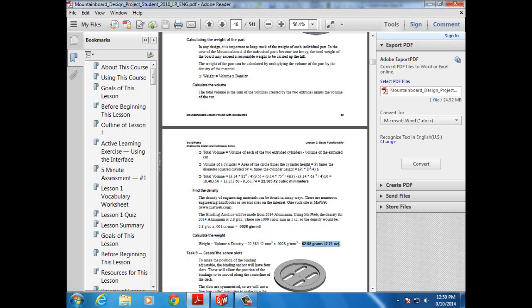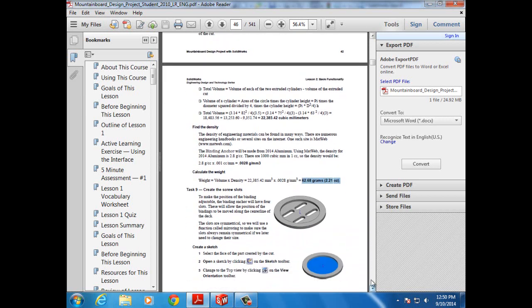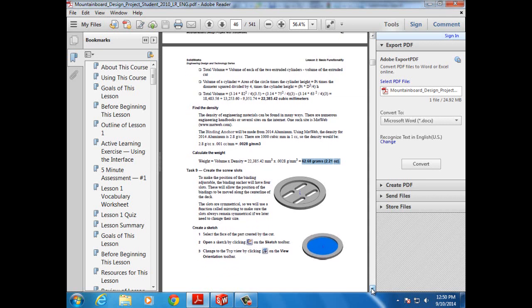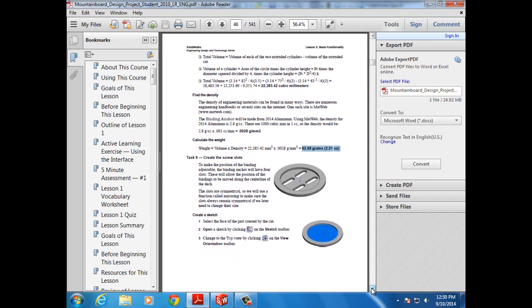So we can calculate the weight by using the volume times the density, and the weight is 62.68 grams. They're just showing us how to do this. All the answers are there, and how they derive this using the measurements. Then you could take this and possibly have quiz questions, or see how you could calculate the theoretical weight